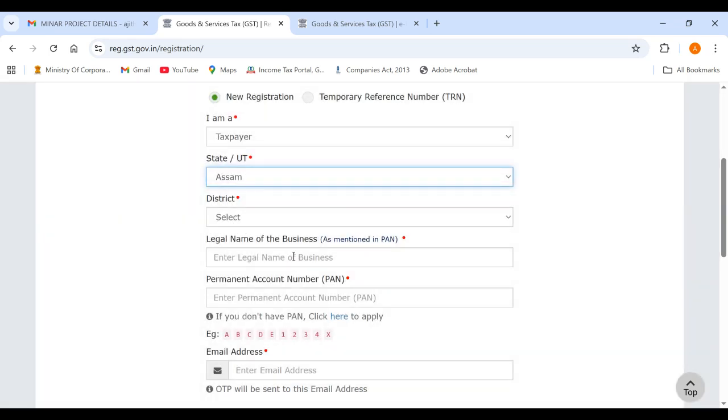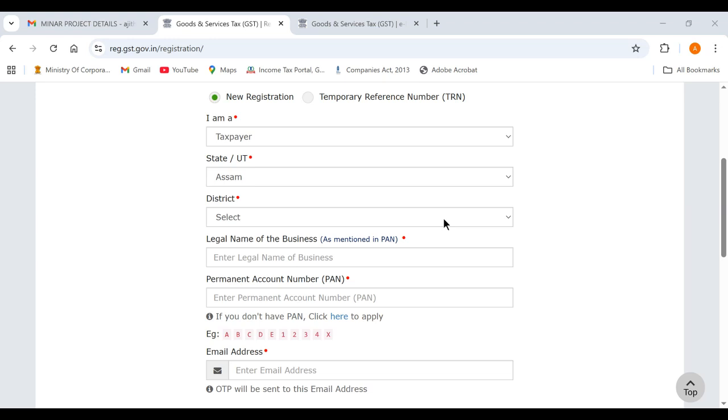And the most futuristic aspect of this GST is that for every state where you have a registered place of business, you should have a separate registration. Suppose I am having a unit in Assam, I would be required to have registration in Assam. And if I am having another place in Tamil Nadu, I would be required to have another registration. Likewise, every state wherein I have a place of business operation, I would be required to have separate